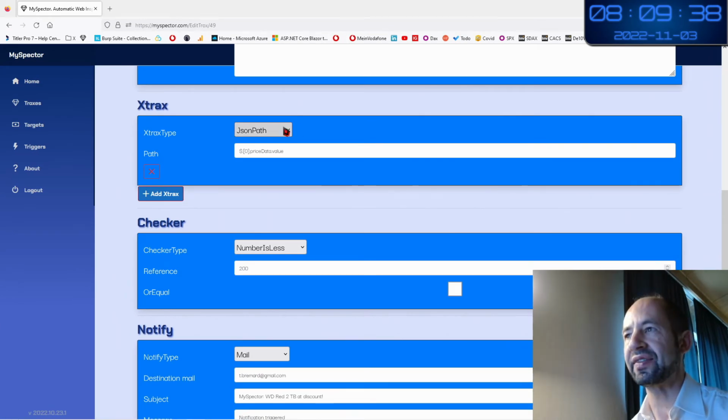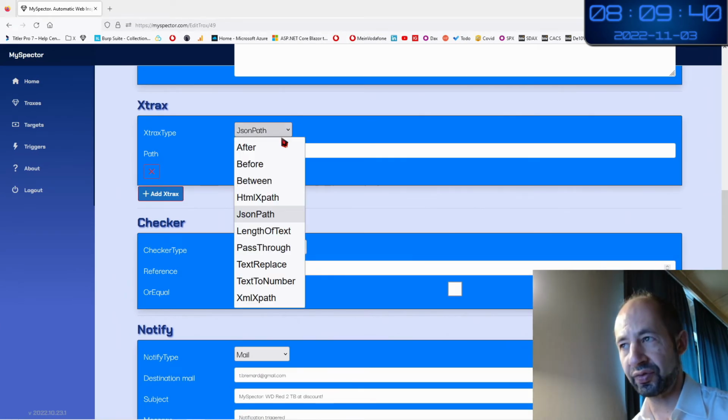And of course, this extraction list will be improved. So if you have any suggestion to add a new extraction operator, contact me and we can discuss adding a new operator, because it is designed to be expandable.